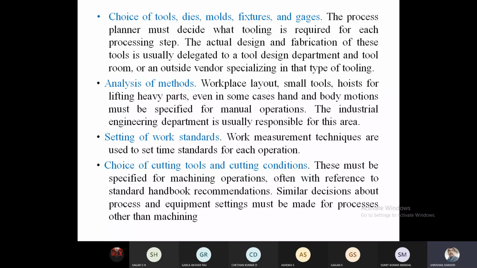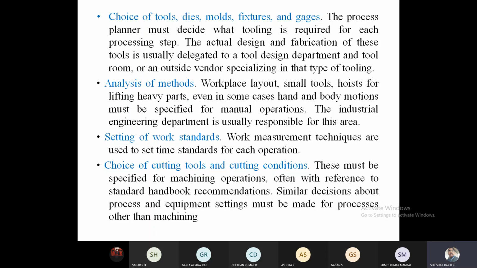Okay, and if it is an assembly, how is it to be done, and in what fashion should the main part be located, and how should the sub parts be located around the person who is doing the assembly operation? All these he has to give sequentially in the process route, which includes all these analysis methods also. And setting up work standards.